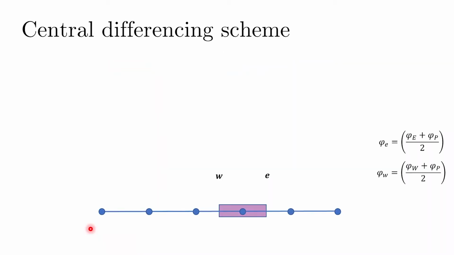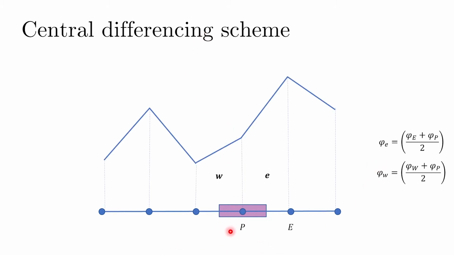So recall that in the central differencing scheme, we had this kind of grid system with points P and E and W. And we use this piecewise linear kind of profile between any 2 grid points, and based on that we were able to evaluate the gradients, these first gradients here. So the d phi over dx at the east face is nothing but phi at E minus phi at P divided by H, and similarly the d phi over dx at the west face was given by this expression.